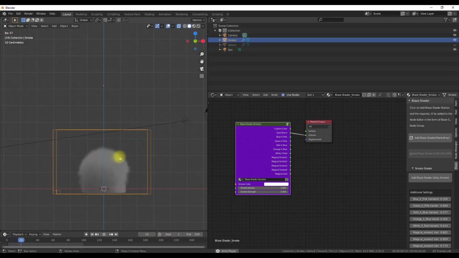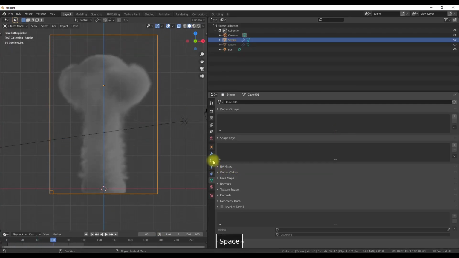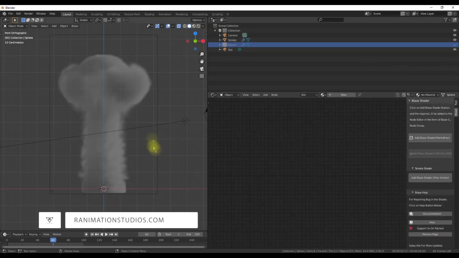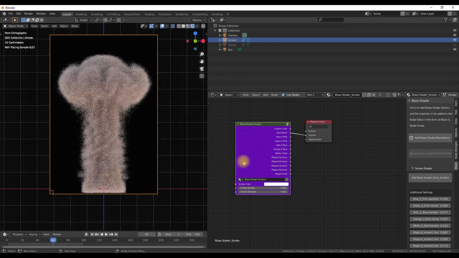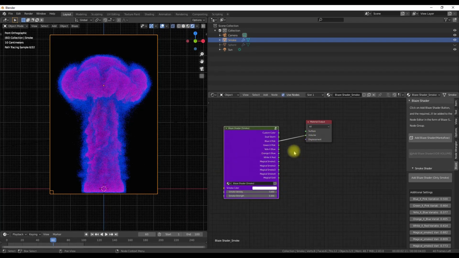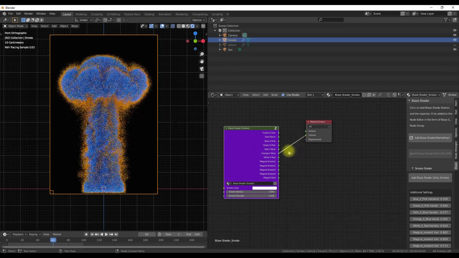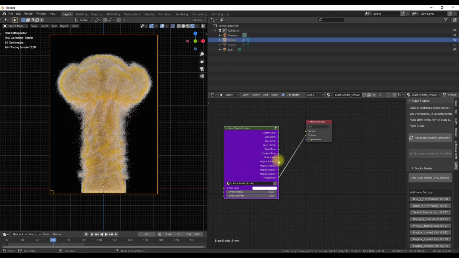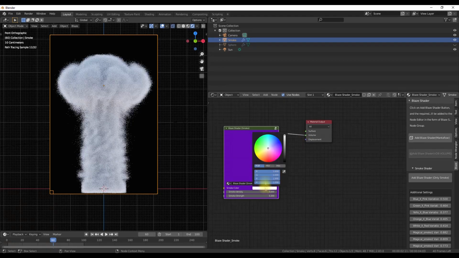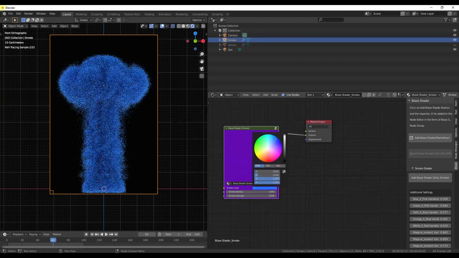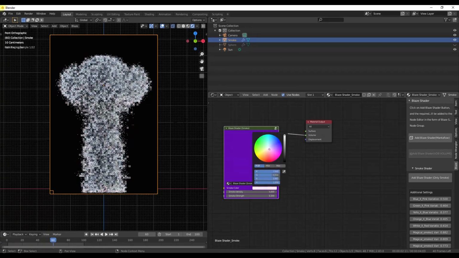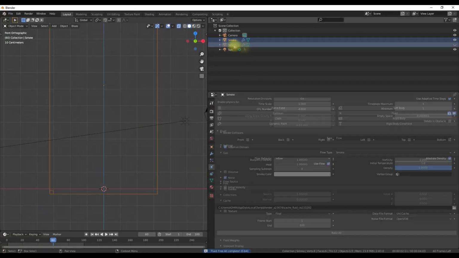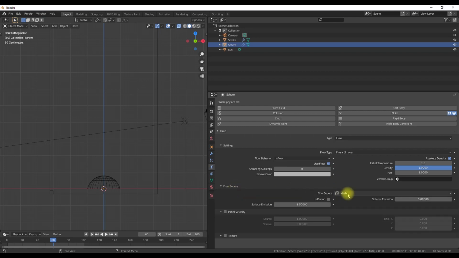For Mantaflow, I have already set up my scene using Quick Smoke, and I'm just going to show you directly the smoke shader. If you are using the older versions of this add-on, you will not be able to see this smoke shader, as this is new with this version, and it has a total of 12 presets including custom color. Using the custom color input for a smoke shader is very easy. Just click on the smoke color and then you can change it to any color you want. And that's it for the smoke shader. It is very easy, nothing to explain more.